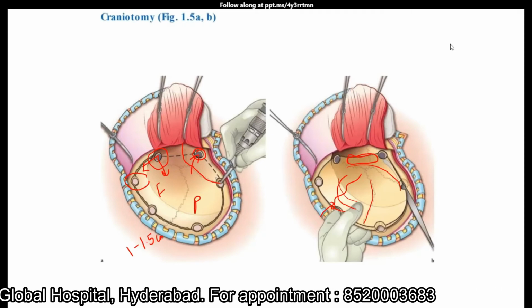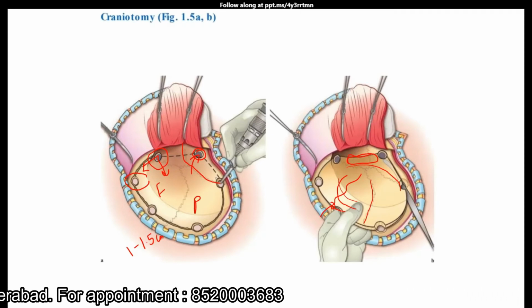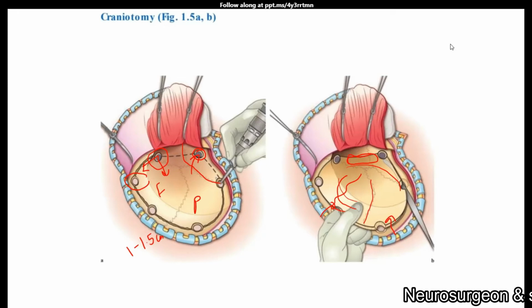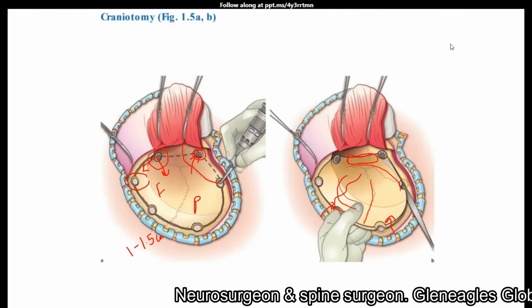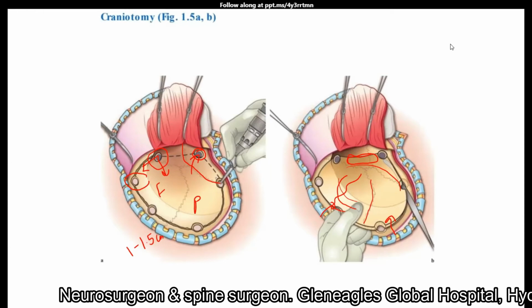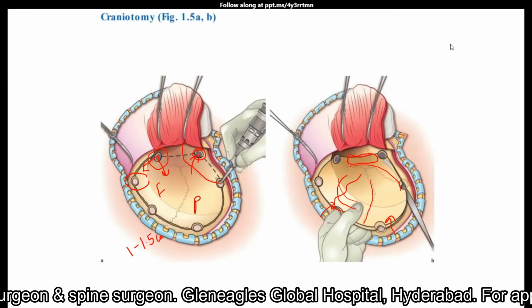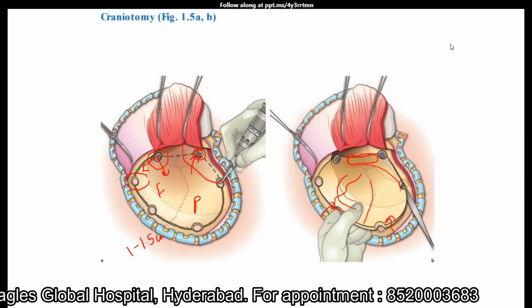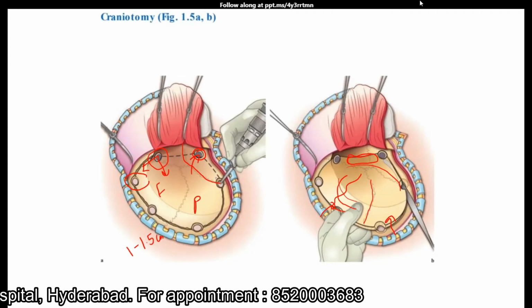Once I have done it, I gently elevate the bone flap. Because I have already made the temporal portion papery thin along the zygomatic ridge, it should easily fracture off. If it doesn't easily fracture off, make it more papery thin. If you fracture it off with a lot of force, there is always a danger that the fracture line